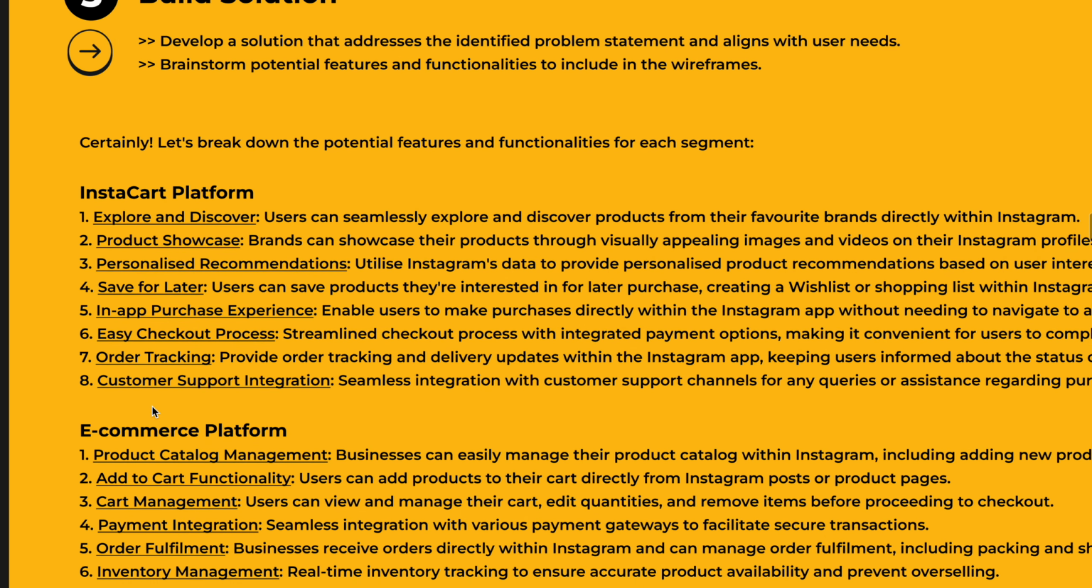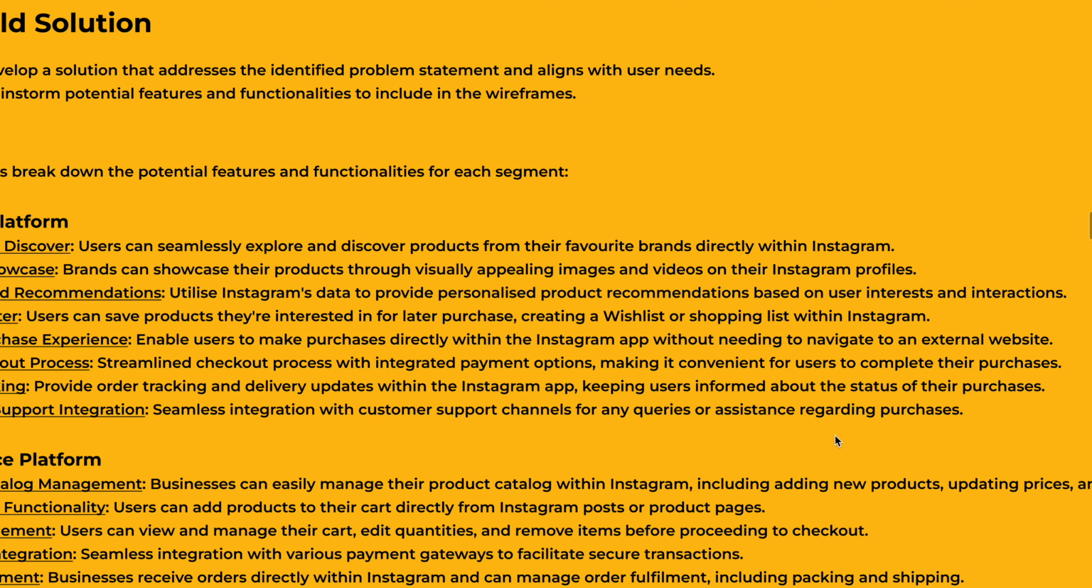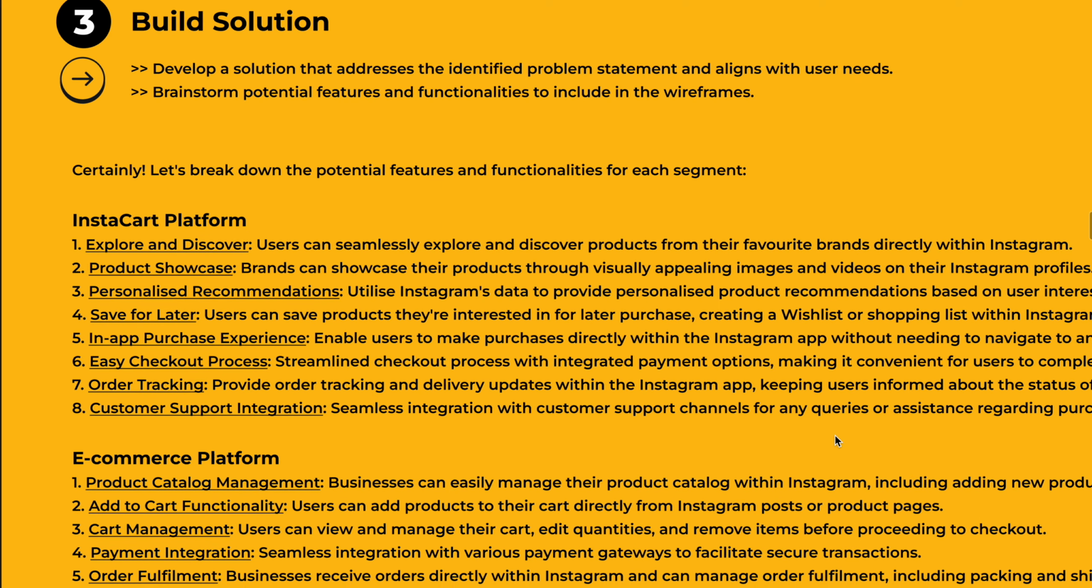The last would be customer support integration, because users might face some sort of issue at any stage. If you don't have customer support integrated within your flow, users are going to find themselves helpless. Okay. So you should have seamless integration with customer support channels for any queries or assistance regarding the purchase. So this is, let's say, the top-level eight features I want to build